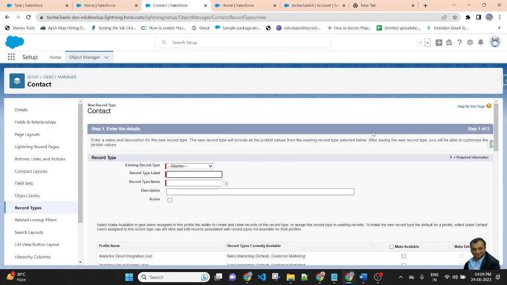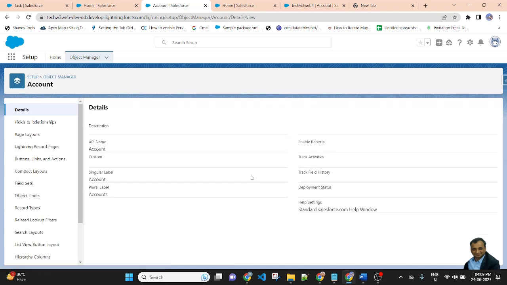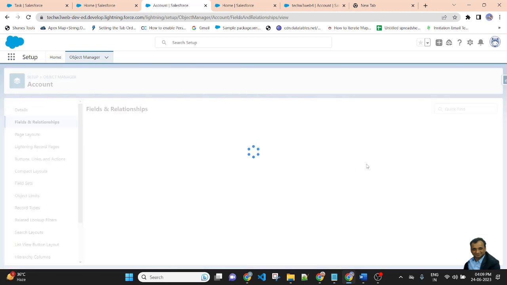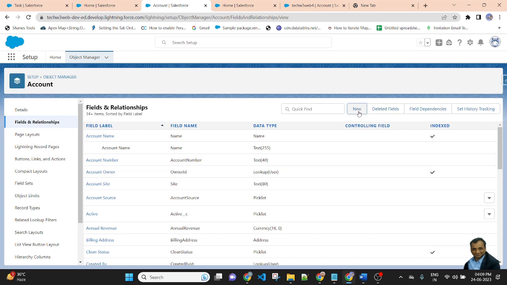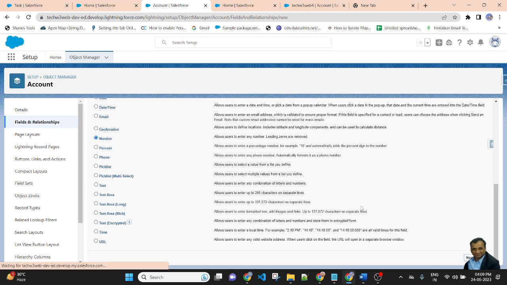After that, I will create two custom fields on account. So go to the account object, Fields and Relationships, New. I will create data type Number. Next.